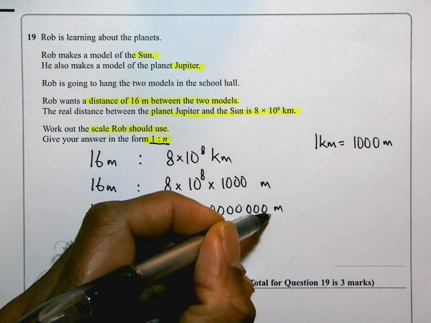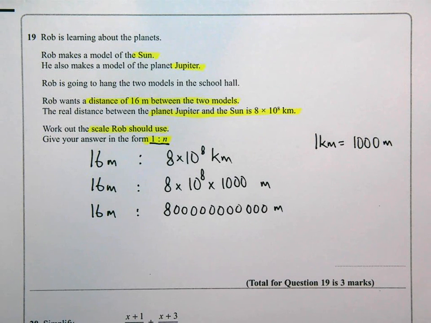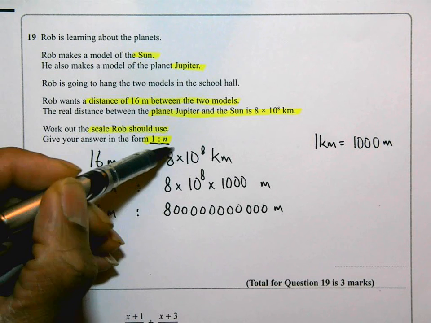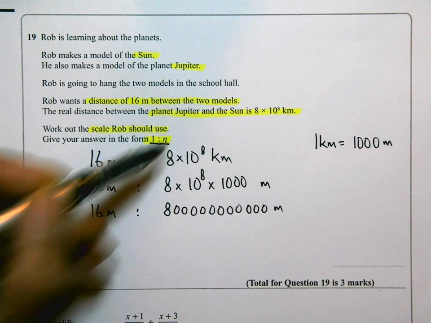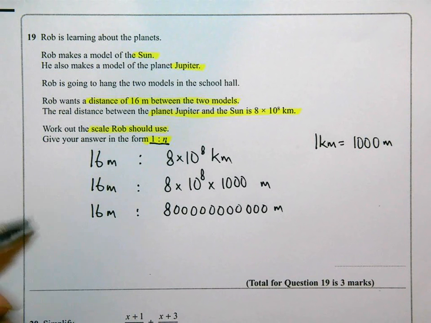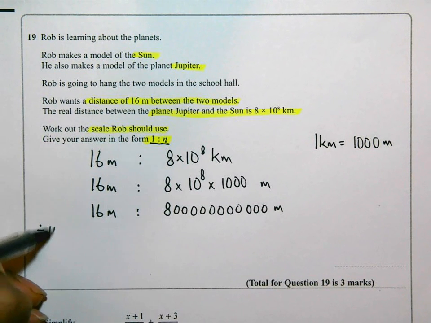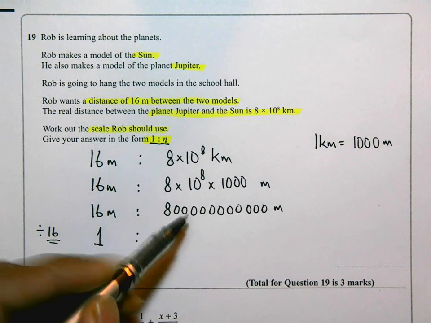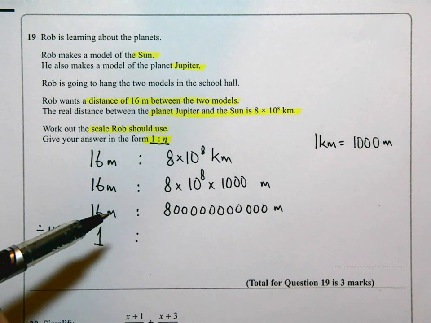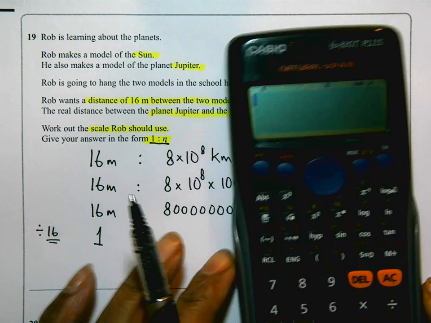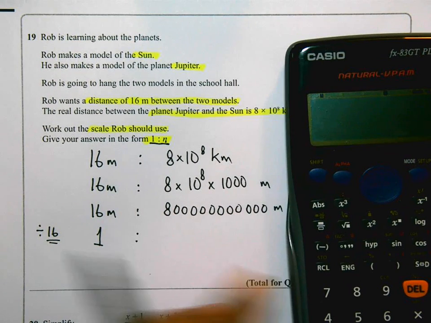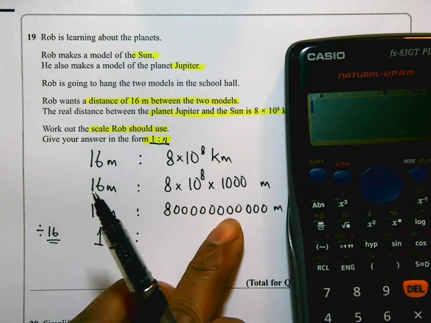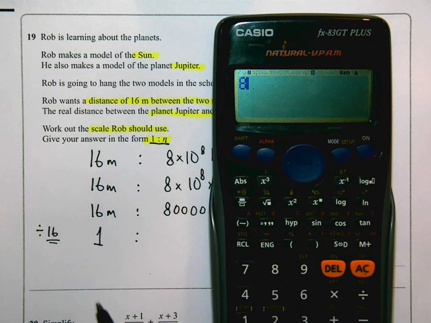Now the question wants me to write my answer as 1 to n. So on this side I need to have 1. So I'm going to divide both sides by 16. If I divide this by 16, I'll just get 1. Now this is going to be particularly complex, so let's see if I can do it. Can I put 8 with 11 zeros after it on my calculator? Let's just check that again. That is 11 zeros. 8 with 11 zeros, and then divide that by 16